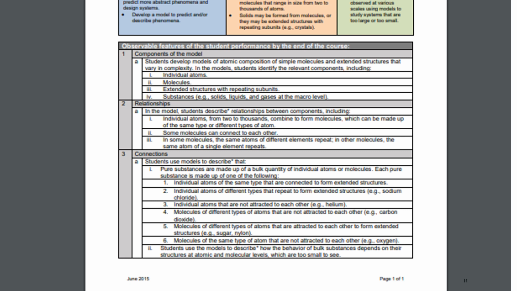The evidence statement for this standard focuses on 3 areas. This, of course, varies from statement to statement. First of all, it addresses the components of the model. In this example, it focuses on the parts of the model, how they may be structured, and what sort of substances are evident at the macroscopic or classroom level. It also addresses relationship among the components, which includes atoms and how they combine with one another, and structures related to how atoms combine. Finally, the type of connections that form among atoms is identified as the third part of